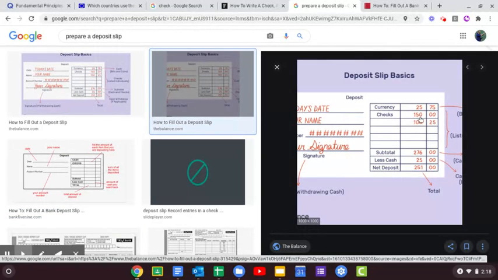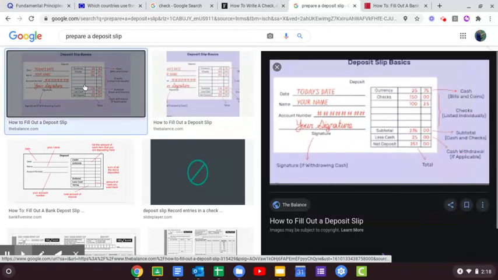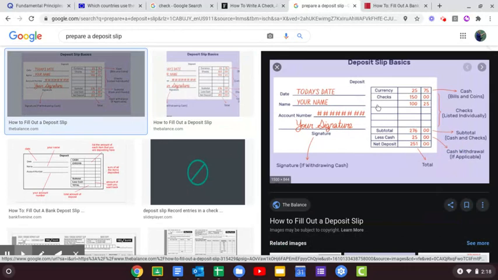For $150. Some of them you have to write down the number on them. Let's look and see here. So it would be over here. Now, like I said, this is where it can be a little bit different. I have seen places that like you to write the check number on there, then how much it's for, and they have to be listed individually.